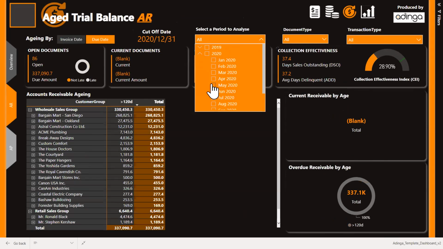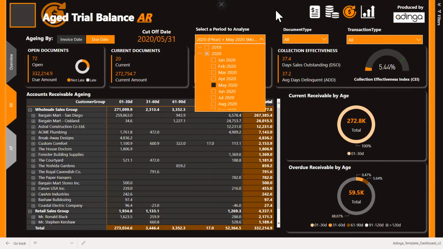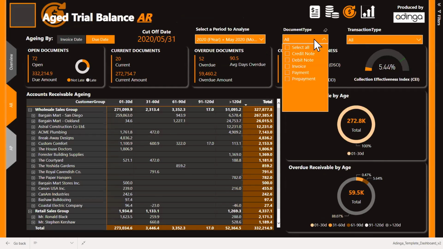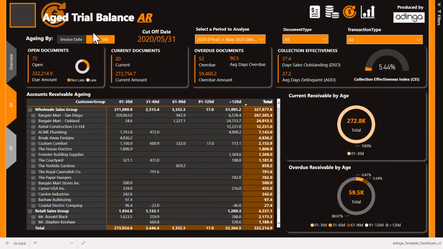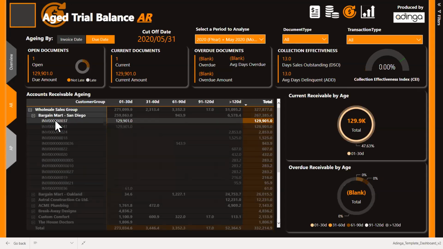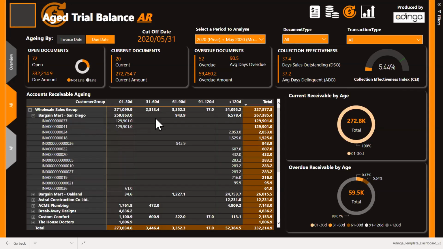Obviously, age analysis, you're generally doing it by month, and it's year to date by month. And if you want to just get separated into open items or balance forward, etc., you have the ability to do this. This is aging by invoice date. You can age it by document date, and it follows the principles of the underlying accounting system to show that. Again, you can explode Bargain Mart here and see all the different invoices that make up the outstanding and what